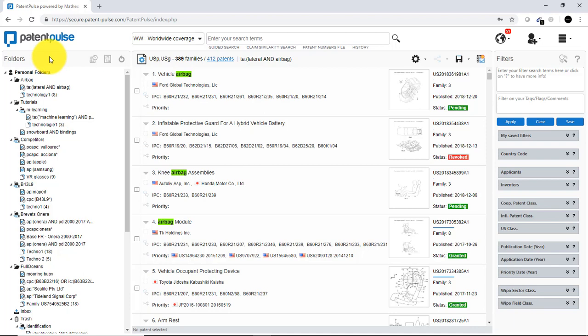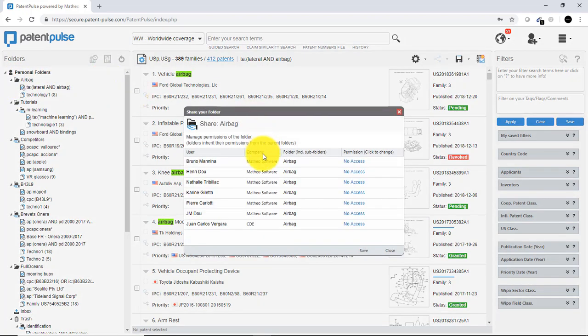One more thing, a very interesting thing, to interact with the patents. In Patent Pulse, you can share information with other users. So if I want to share information with users, I can share here the content of my folders. So I can go on the share icon, I click on it. I have here the list of all the users with which I can share information. And for instance, I can choose Bruno here and give full access, read, write, delete, to my folder, and